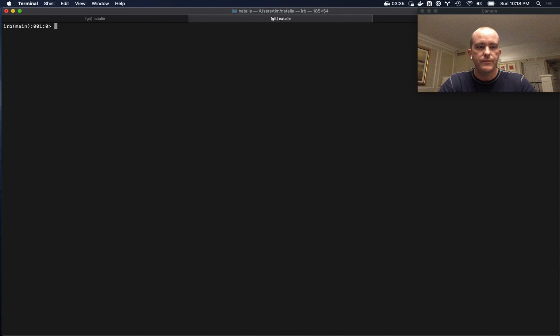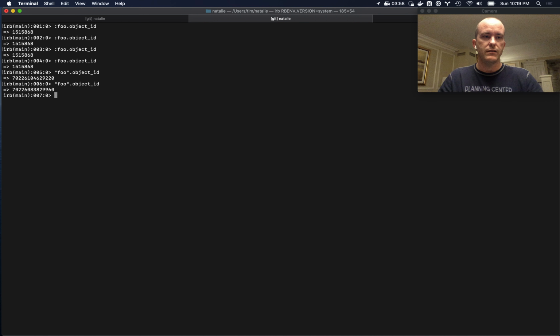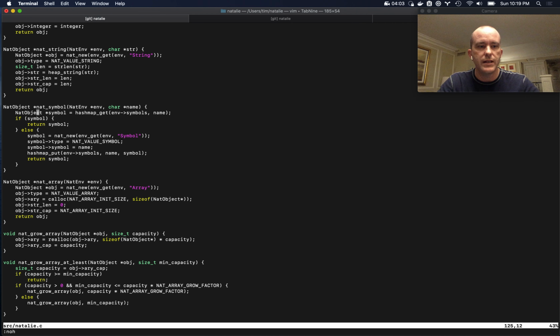So in Ruby, if I have foo and its object ID, and I do it again, it's always the same object ID because it is the same object. So even though I'm calling it more than once, it's always using the same symbol. Compare that to a string, which is going to create a new string every time, and these are different object IDs. So in order to implement that, I did a symbol table on the environment, and I'll go ahead and